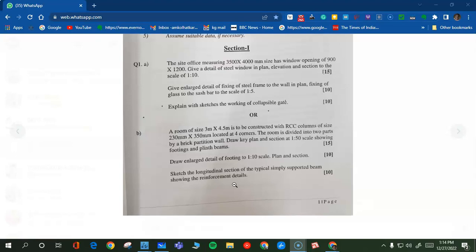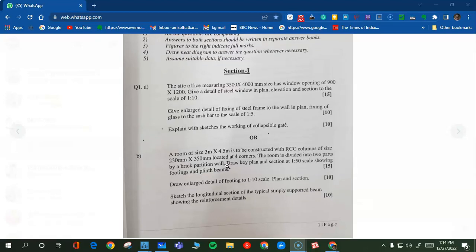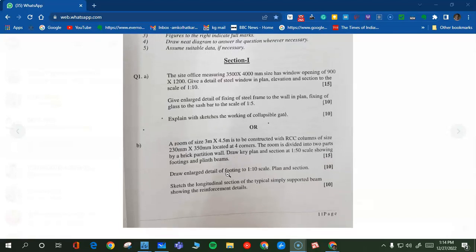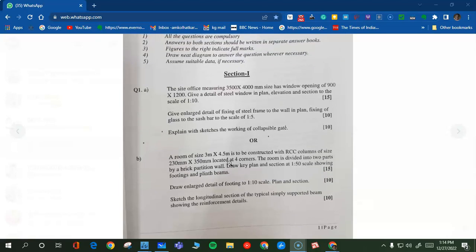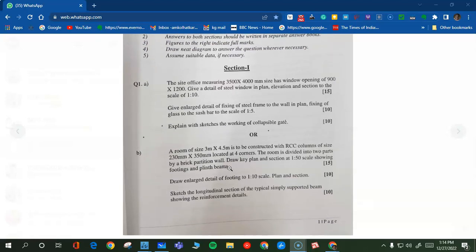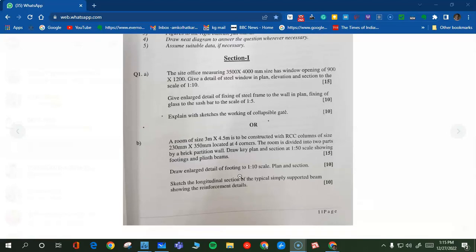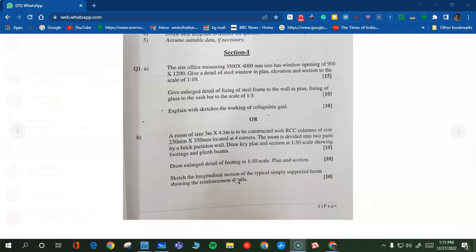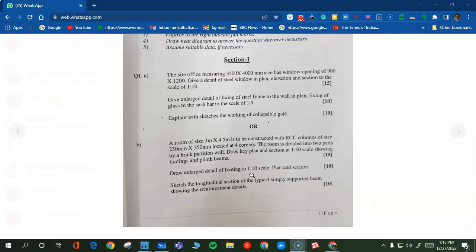reinforcement details. So first important thing you should remember is that you should read the question properly and try to understand what has been asked. So this question consists of 3 parts. Now in all these 3 parts different scale has been asked. For example, in the first part the scale that has been asked is 1:50. In the second and the third part they are expecting a scale of 1:10. So that is something which you should remember, that you have to use 2 different scales for drawing this 3